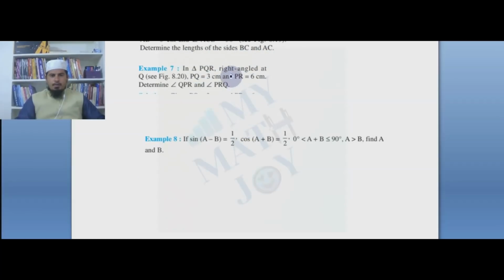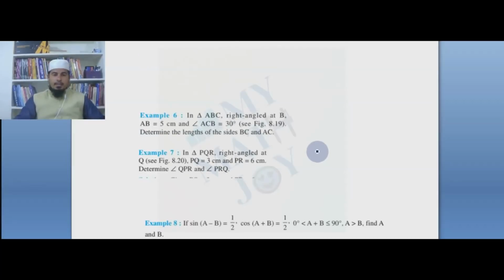Now, problem number 8, you can already do. We have seen these types of questions in tan, so plenty of questions of this kind can come. If you have a sine, check for what angle the value 1 by 2 comes in sine. We did it for tan, here you do it for sine, and here there is cos. So for the value 1 by 2 in the standard trigonometric ratios for cos, take the angle for which it comes, and you'll get the answers.